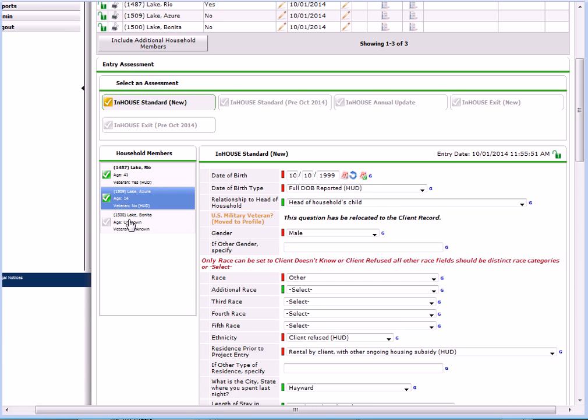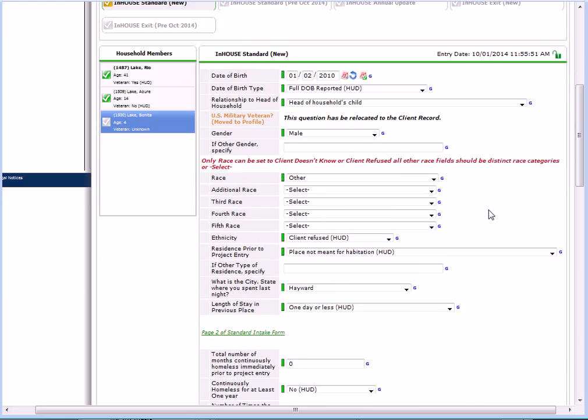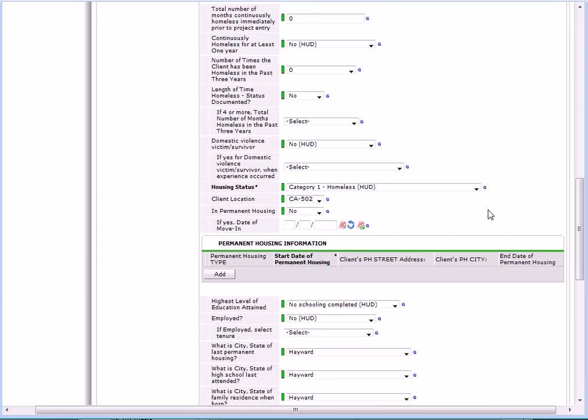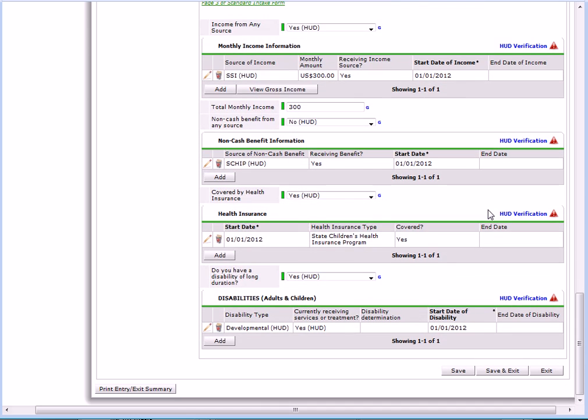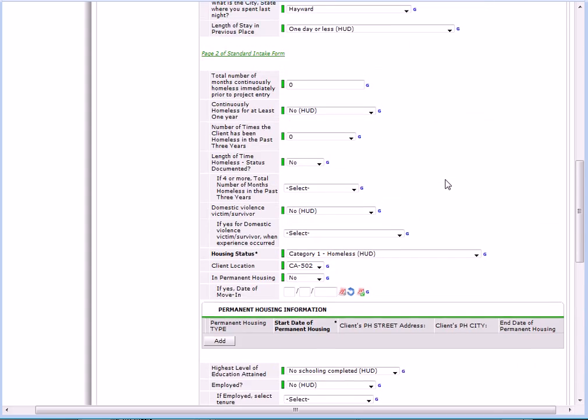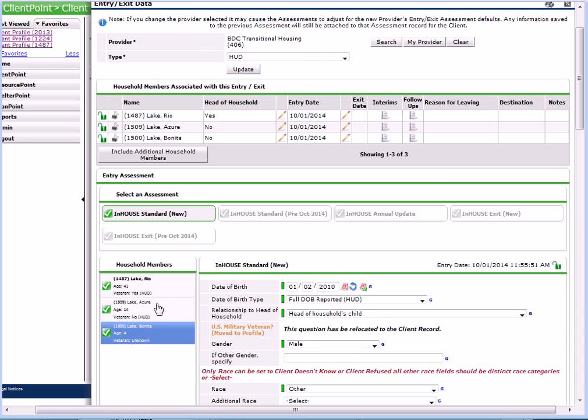So I'll click on the next client in the list, and once again I'll go down and enter all of the answers for this client from their intake assessment. Once I get to the bottom, I'll click Save one more time, and I'll scroll back up to the top, and notice that all 3 of those clients now have a green check mark, and the in-house standard assessment is also checked. If I have any other assessments that need to be done for my agency, any supplemental assessments, I can click on those assessments now and go through that same process,